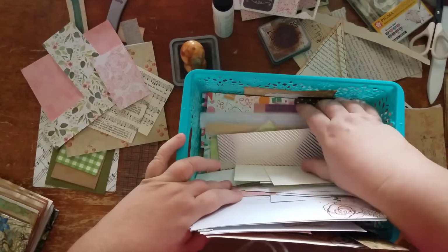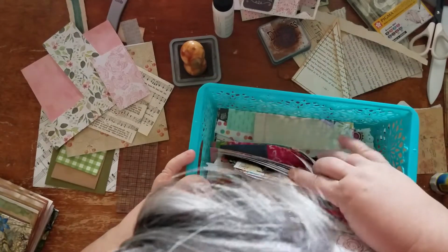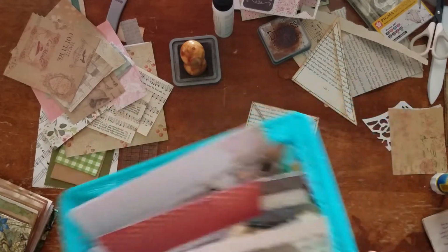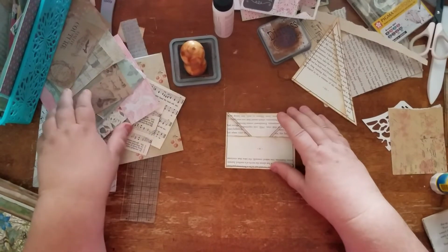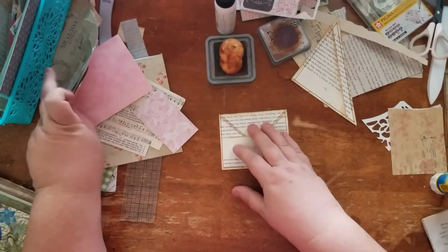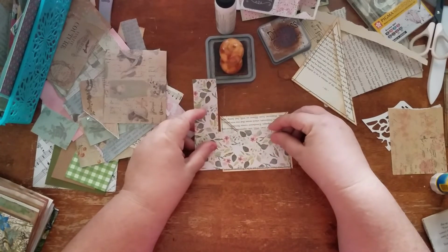And I want to do some videos on, okay, these are just images down here. I want to do some videos on, pull some of these vintagey looking papers here. Sorry, I got distracted trying to pull papers. So anyway, I want to do some videos on using up a paper pad. And I know that will be super helpful for me, and getting rid of some of the things that I